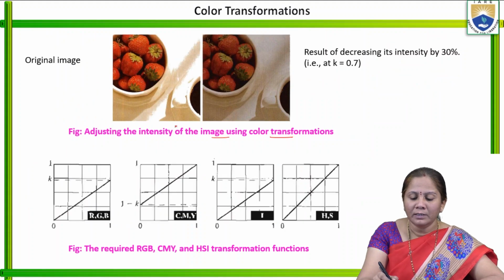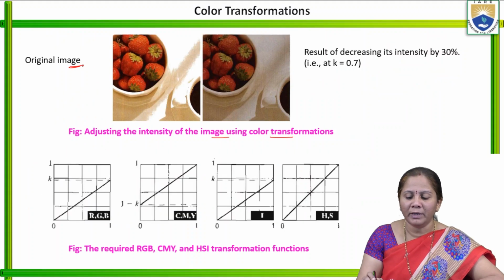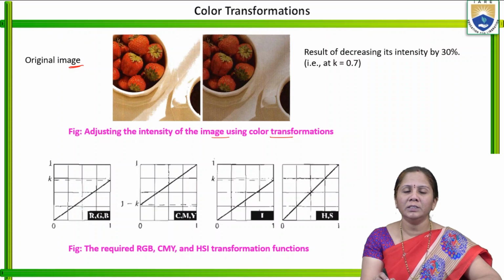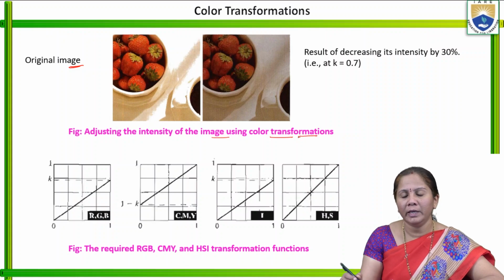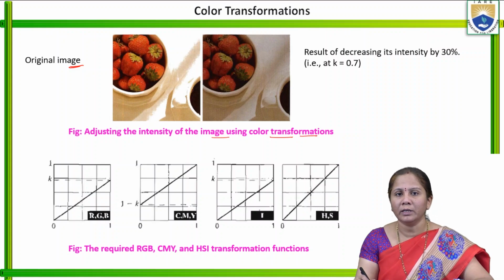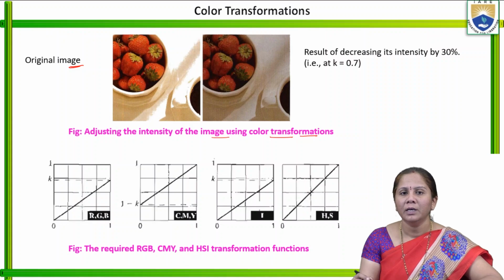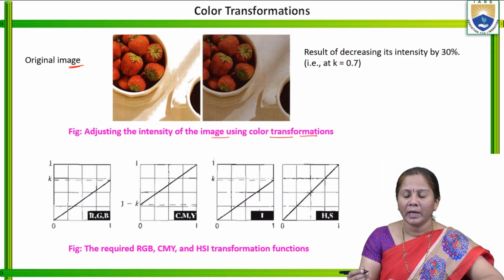We can observe here, this is the original image. If we want to change the intensity of this input image, we can apply any color transformation technique like what we have seen previously, CMY, RGB and HSI, and change the intensity of the image.